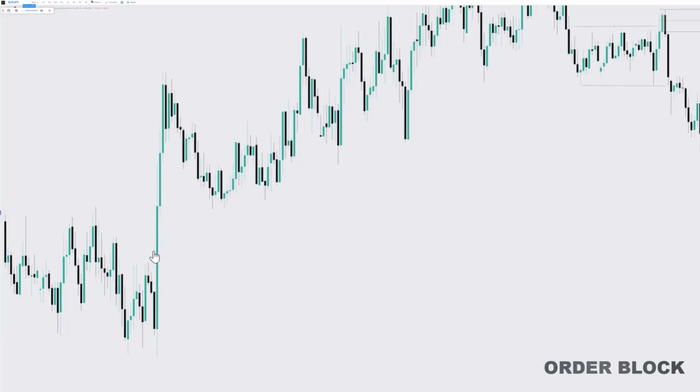In this case, we have 3 candles, 1, 2, 3. Now, the number of candles doesn't really matter. It could be 1 candle, it could be 2, it could be 3 or more. But what matters most is finding where we have large candles moving with large bodies. Those candles must as well leave inefficiencies, and you can see clearly that we have a very large inefficiency right